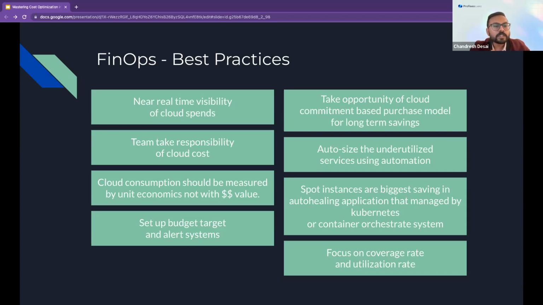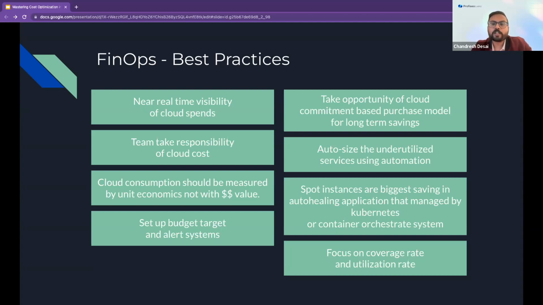The third one is that cloud consumption should be measured by unit economics, not by dollar value. Always set up unit economics based on the consumption rate and the target. You can definitely use a dollar amount for each resource and provide the budget accordingly, but when you grow the company or the resources in AWS, it will be hard to manage by dollar value compared to unit economics.